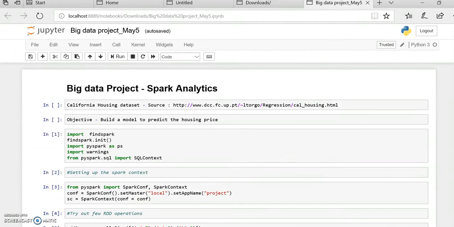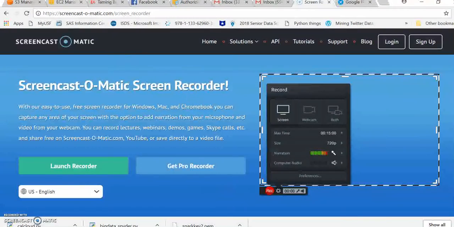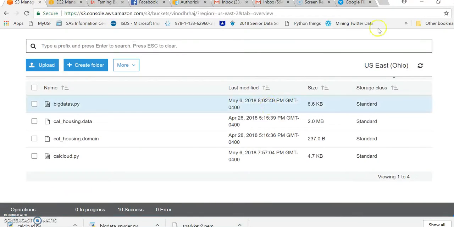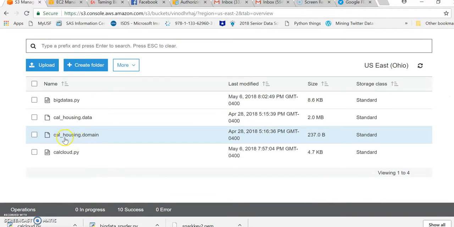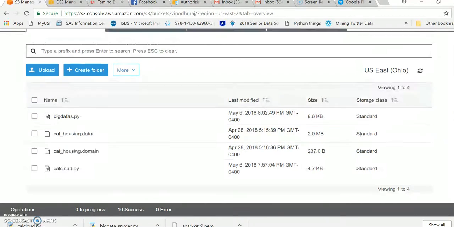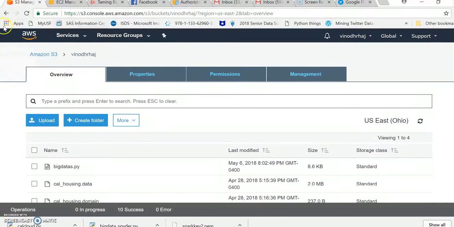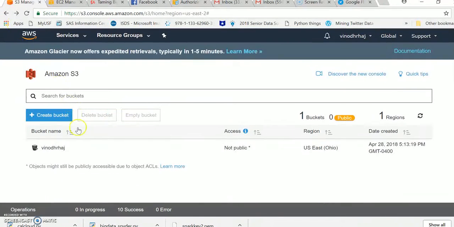What we have done is we have uploaded these files in the Amazon S3 bucket. If you see here in the Amazon S3 bucket, we have these four data files: California housing data, domain, and the Python file. Further, we have created a bucket. In this case, we have created this bucket called Vinod Raj, and further we have updated the code accordingly.